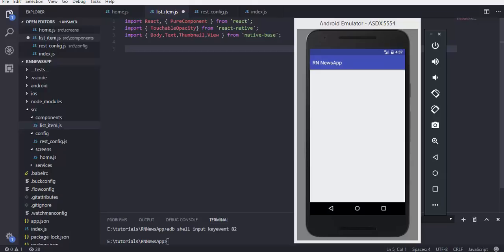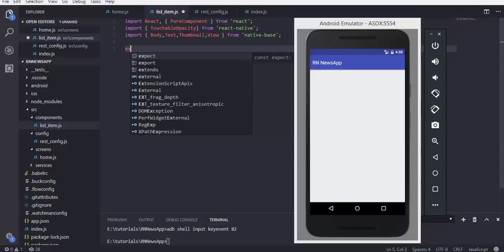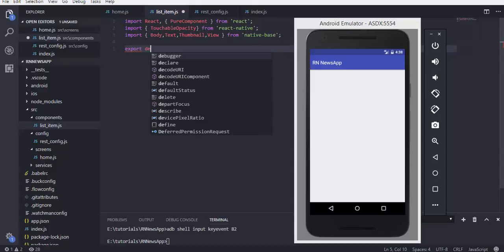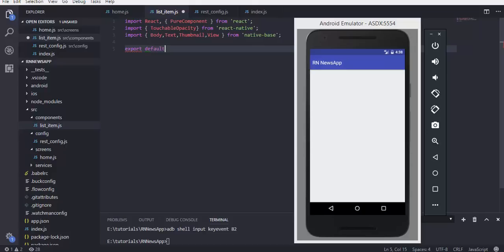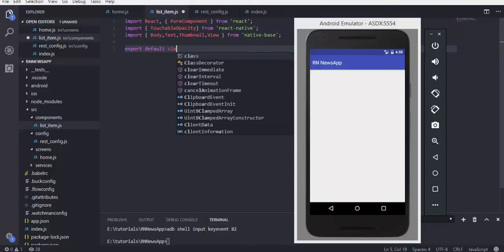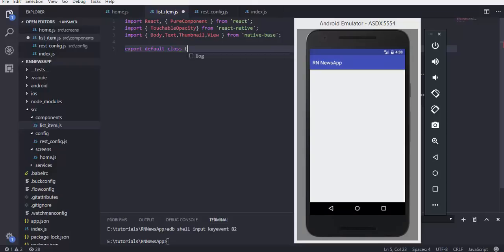So let's say we have then export default class, we call it list data item, extends pure component, and then we are going to have